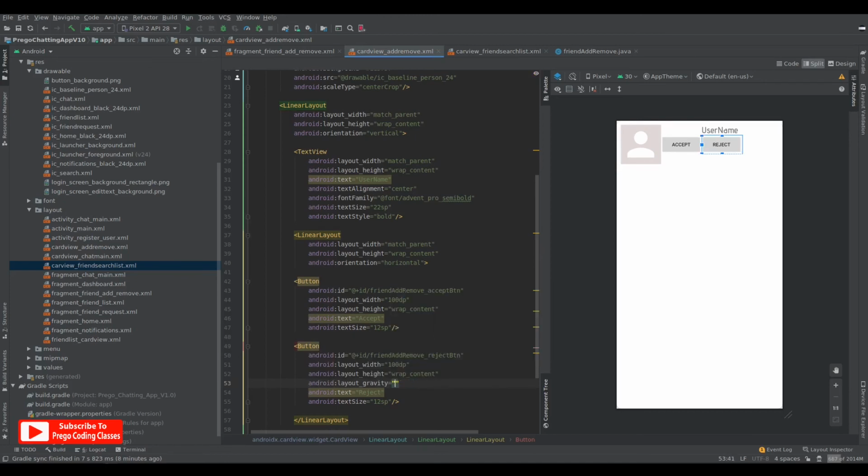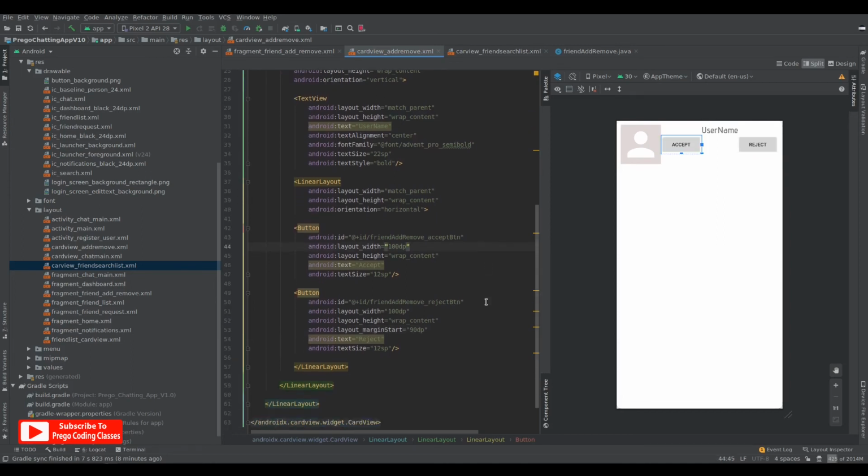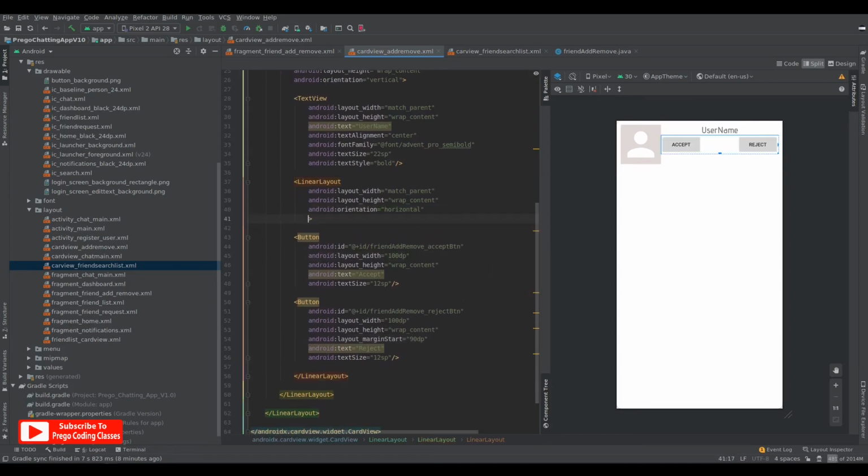Okay, I think the gravity won't work, so just give a margin start of 120. That's too much, let's give it 100. 100 is also too much, let's give it 90. 90 is fine, 90 dp, and we'll give it a margin top over the linear layout of 10 dp. And underneath where the horizontal linear layout closes, we'll add another text view